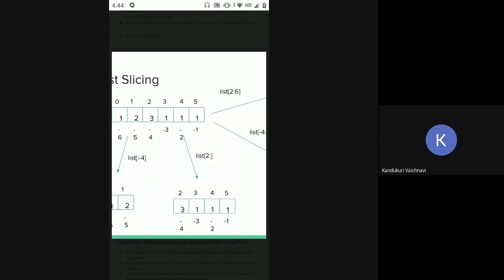So the same concept we have used here. Now that I want values 2, 3, and 1 which are present at position minus 5, minus 4, and minus 3, my starting index would be minus 5, because I want to start from 2. I want 2, 3, and 1. So similarly, what you did for positive indexes, you have to do for negative indexes also. I want the value till minus 3 index, because 1 is at minus 3 index. But while specifying inside Python, I will write minus 5 to minus 2, which is minus 3 plus 1.